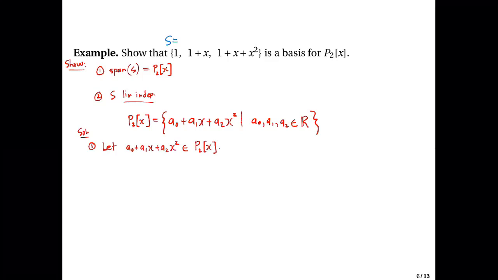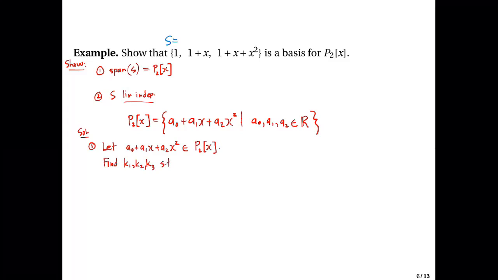And then we need to find scalars k1, k2, and k3 so that the linear combination equals this one. So find k1, k2, k3 such that,